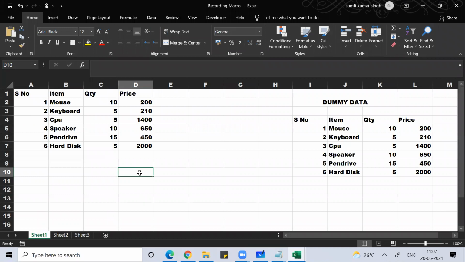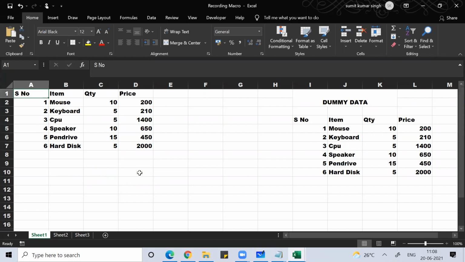So what we can do, we can tell Excel to do one thing. Whatever action I am performing, you record my actions. Whatever I'm doing, you write the program according to what I am doing. Excel can do that for you. You perform a certain set of actions, and Excel will simply copy your actions. So that part also can be done in Excel, guys.